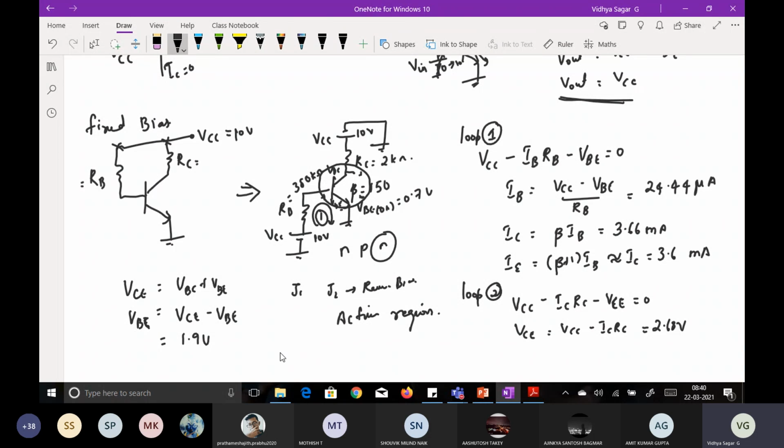So once the circuit is fixed, the transistor depends upon beta and temperature. Why? Because if beta is changing, I could directly say from the equation IC, the output current, is depending upon beta. And similarly, temperature. Why I have written temperature is, if temperature increases, what happens to your output current?